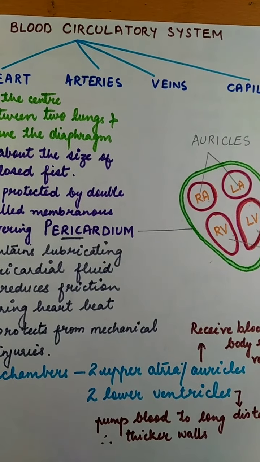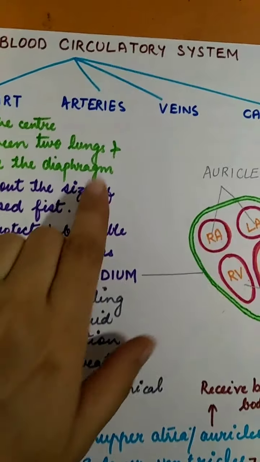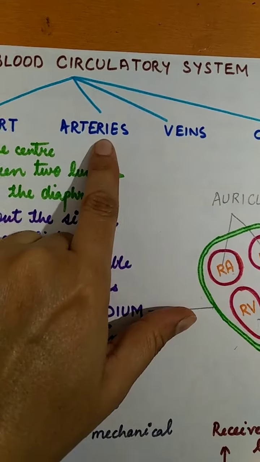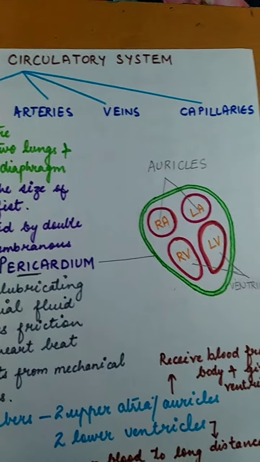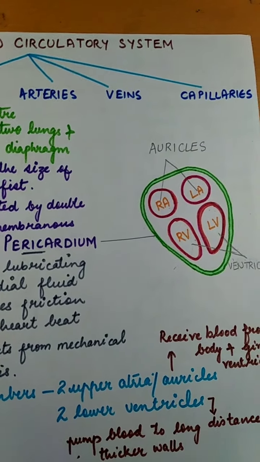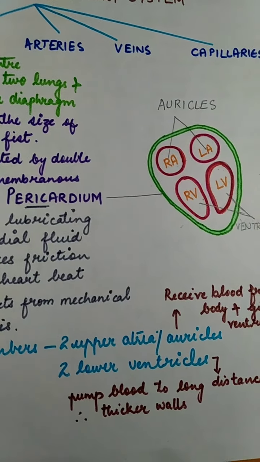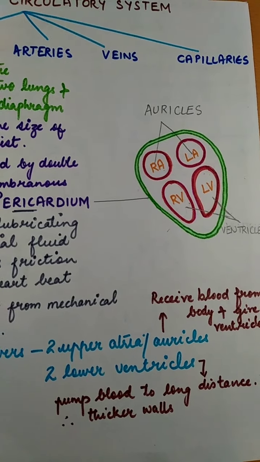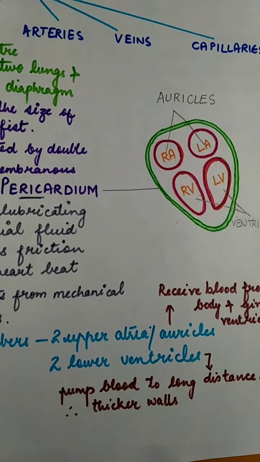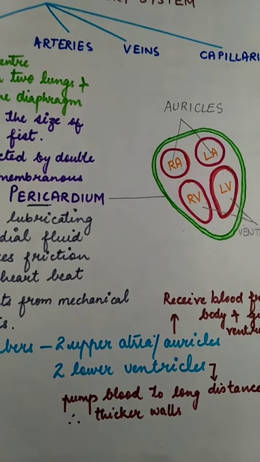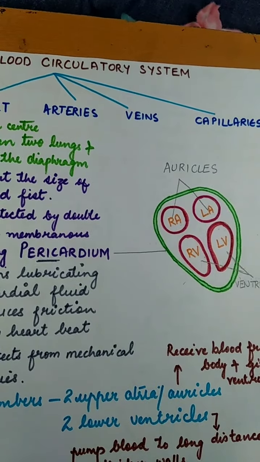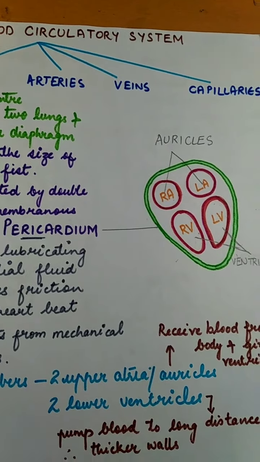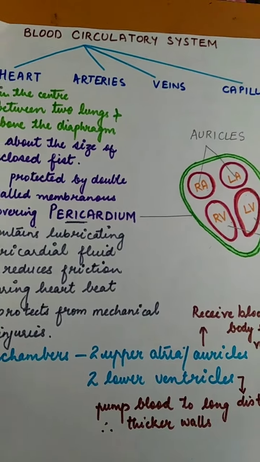If we talk about the arteries, veins and capillaries, we know that arteries carry the oxygenated blood in the body. Veins carry deoxygenated blood in our body, and capillaries are the smallest blood vessels that transfer oxygen and nutrients to the tissues, and also take the carbon dioxide and the waste materials from the tissues and give it back to the veins. So the difference between these blood vessels, arteries, veins and capillaries, is now clear to you.